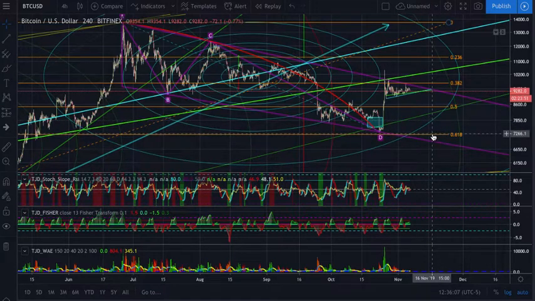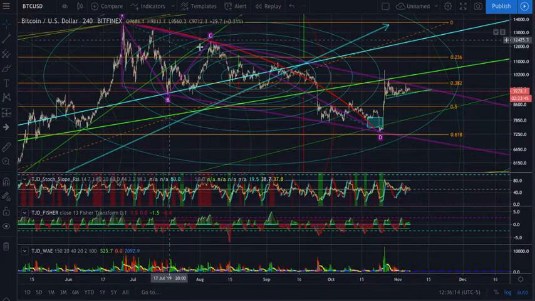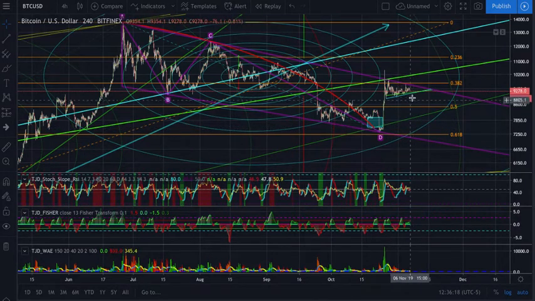And if we're going to break down and continue in this pattern, we could come down as low as 7,300. Right now I am biased to the downside because we are in a downward consolidation pattern. We've been inside this range the whole time, and until that range breaks, I'm not expecting it to. So what I would expect to happen inside this flag right here is for us to eventually sell back off and get at least that retest of the 8,500 range.